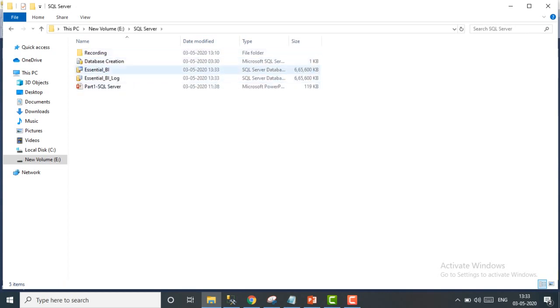Here there is a log file and an MDF file, so there is one LDF file and one MDF file. You can see the size we gave in the query. It has already created the database with the size we gave in the query.